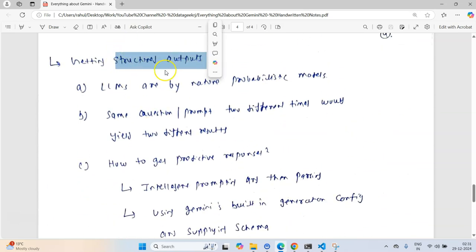Because I feel this feature of Gemini is pretty cool, that you can structure the responses provided by LLMs. Yeah, so I think that would be it, and I would like to stop right here.